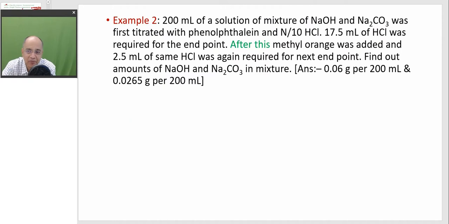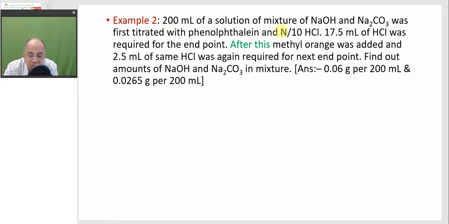Now let us take up a single titration experiment where we are adding the methyl orange indicator in the same analyte. That also you can do. Two titrations, double titration, or a single titration. Now see, read this problem. I'm sure when you handle your own, solve some problems, even these problems also, you will get confidence.